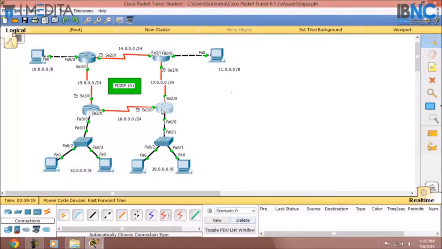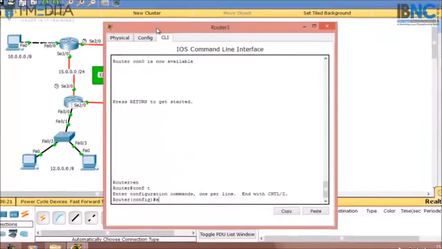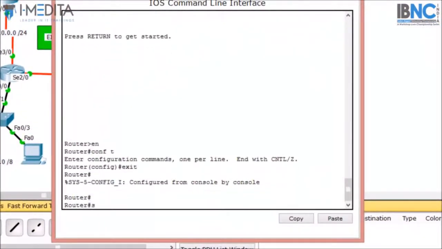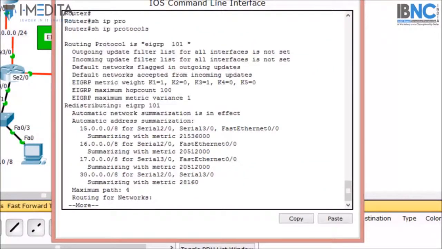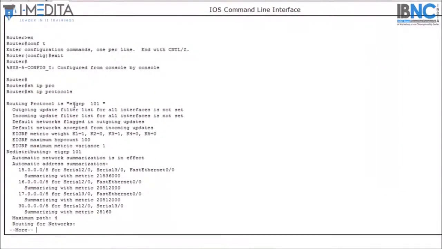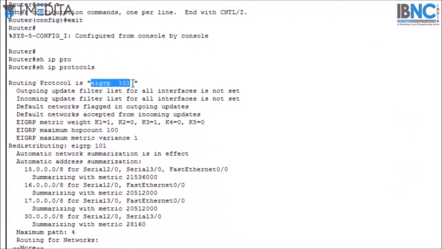If we want to verify the running protocol, we just need to type show ip protocols and hit enter. It will show the information about the running protocol. For example, I am running EIGRP 101, the maximum hop count value is 100, and as we know, EIGRP uses composite metrics, the K values, which are mentioned here. The variance command is used for unequal cost load balancing.